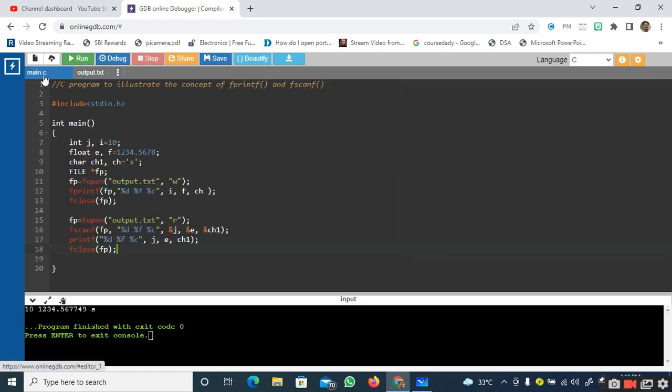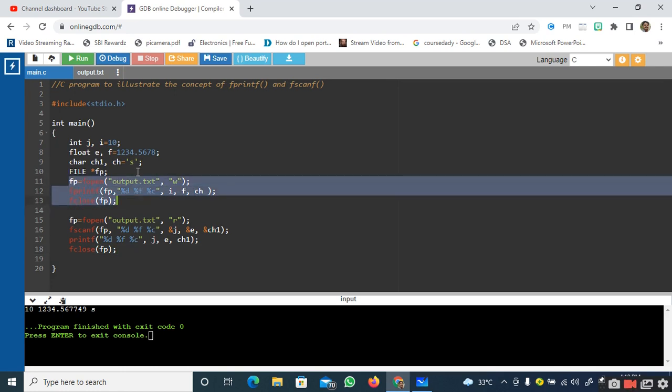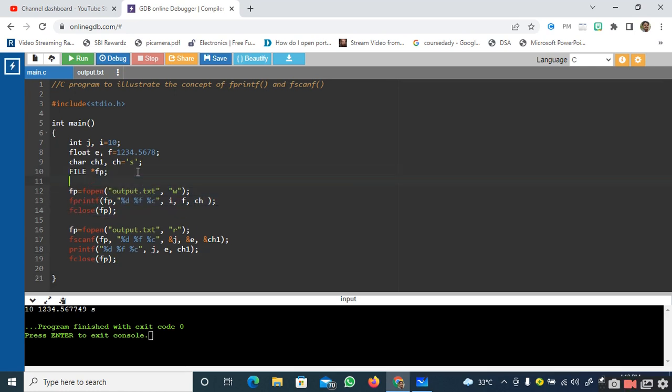See here, the program has successfully executed. This part illustrates the fprintf simulation, and the lines below are the fscanf illustration.